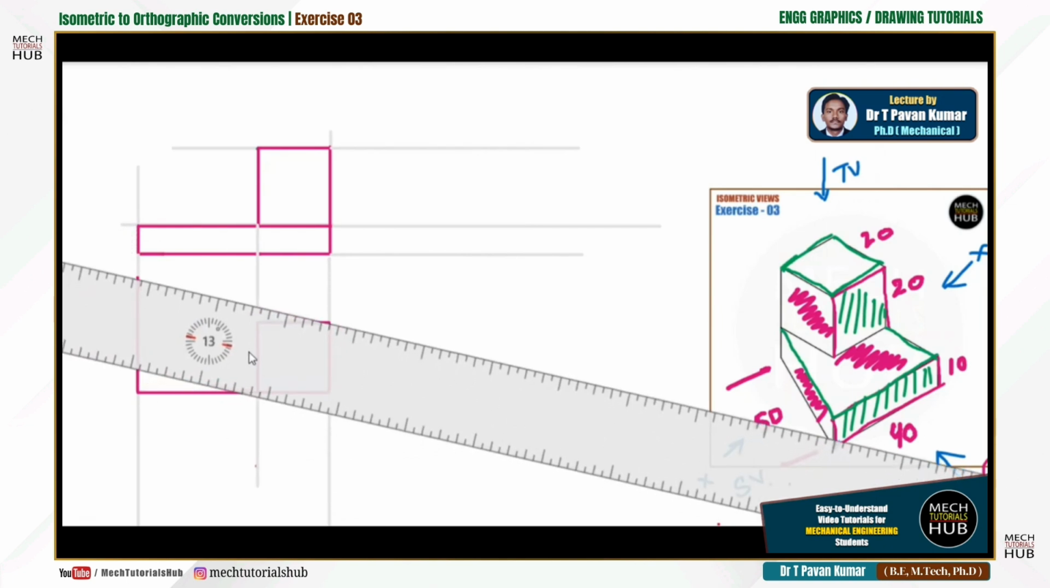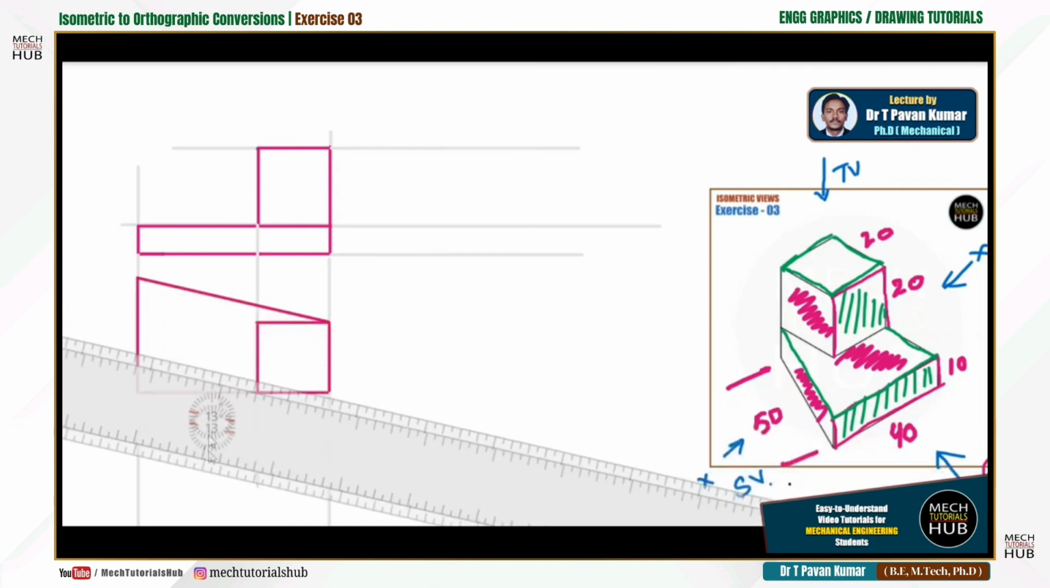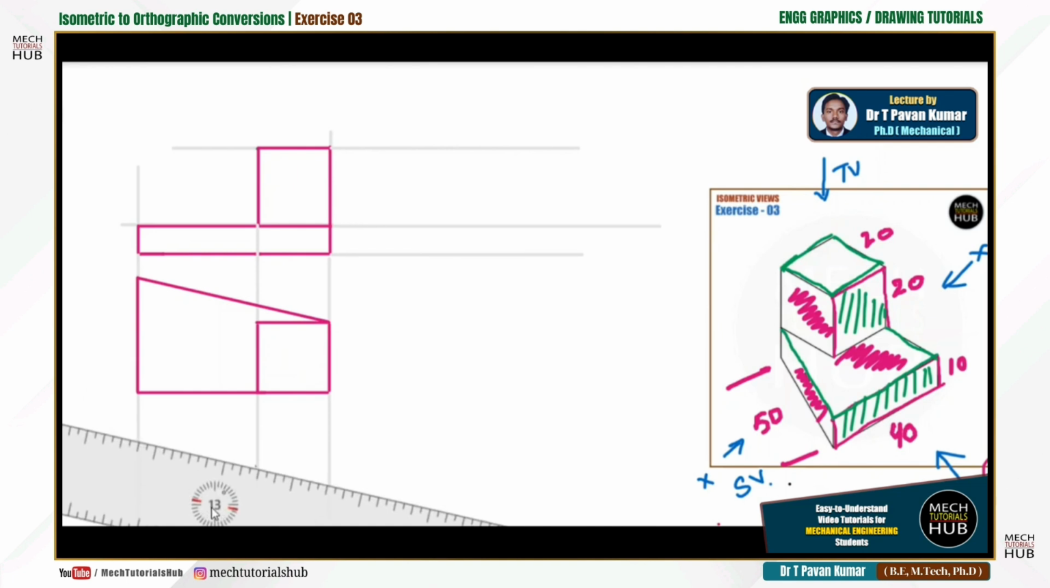Okay, and drop a line from here to that particular intersection. This is how the top view looks with all the dimensions. Now change your position to the side. When I view from this point, from here, the left side view, the view will fall to the